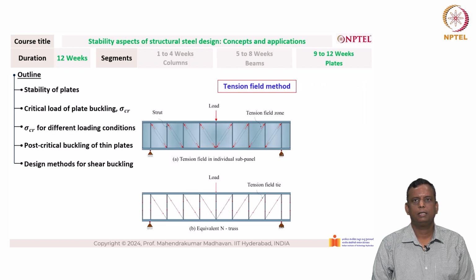You can see a plate girder that is subjected to a concentrated load, and once the web plate starts to buckle due to shear buckling, it will form a tension band. The tension band will lead to a strut and tie model similar to what is shown below. So the tension band will act like a tension member, and perpendicular to that there will be a compression acting. This will take more load due to the formation of bands, or what we also call folds, and this action is also known as tension field action.